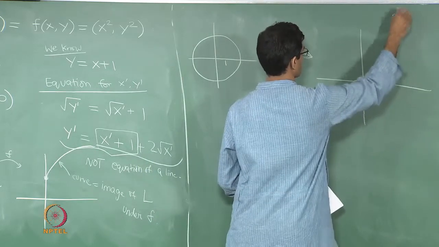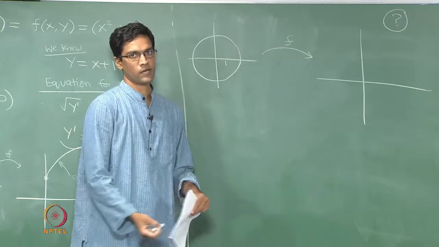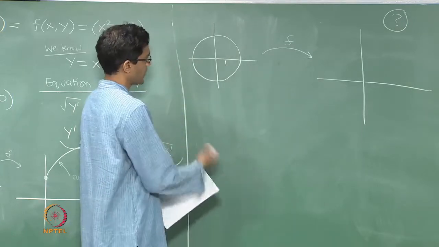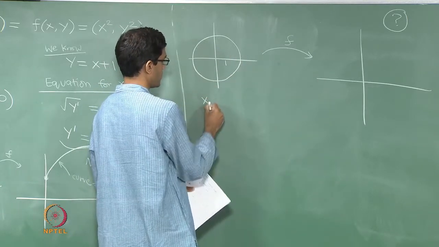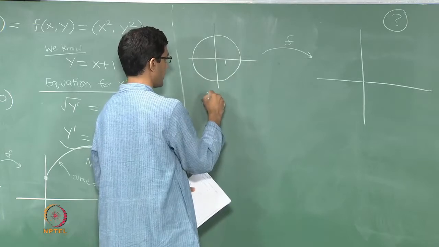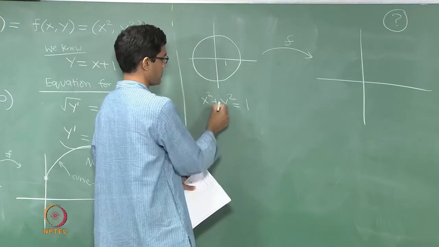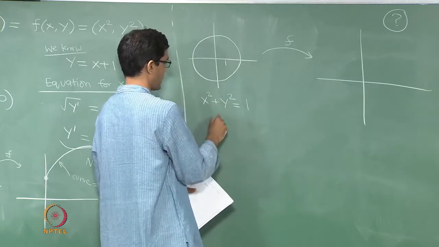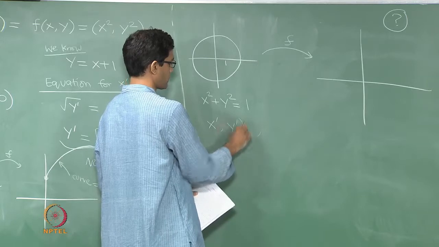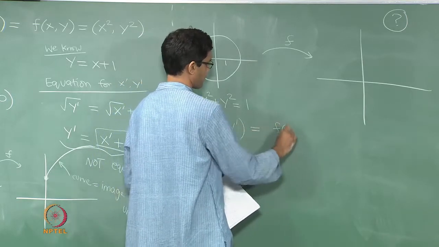So, my question now is, what is the image of the circle under this particular map F? Okay. So, let us try and do the same thing. Now, the circle again is a curve that is given by the following equation. It is all points x comma y on the plane which satisfy x squared plus y squared equals 1. Okay. So, that is the circle, and now again I will do the same thing. I will look at the image of this point x y, I will call it x prime y prime,